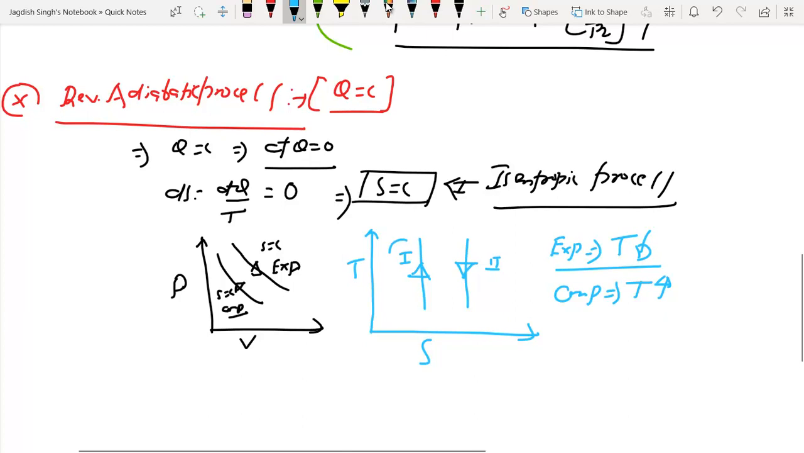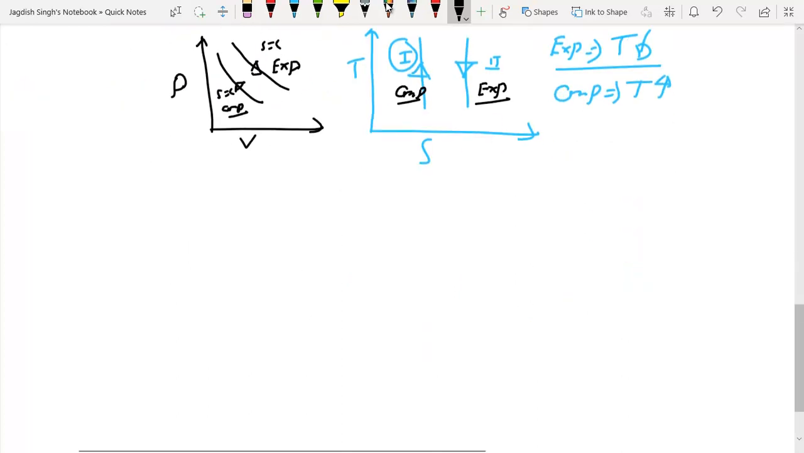So in process 1, since temperature is increasing, you can say that this one is compression. And in this process, the temperature is decreasing, that's why this is called expansion. So we need to represent this process both on the PV and TS plot. And in this process there is no change in entropy, right? Next, our last process is